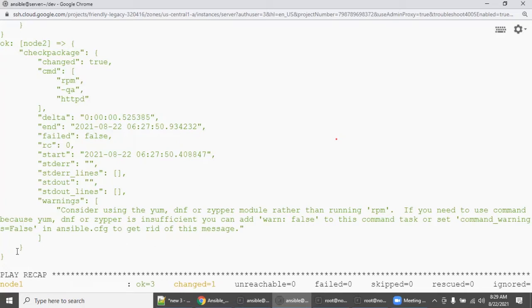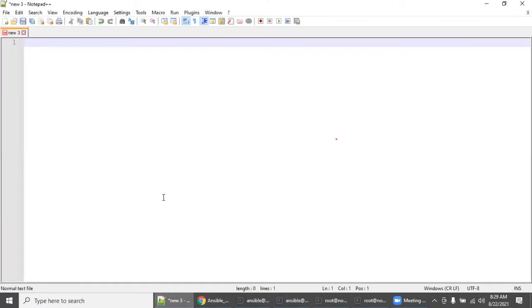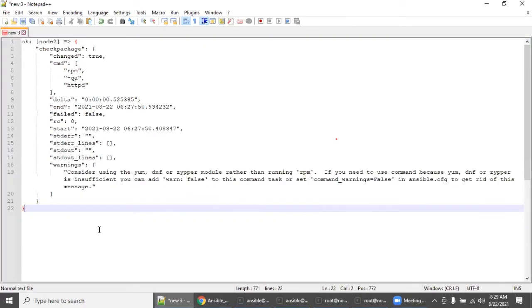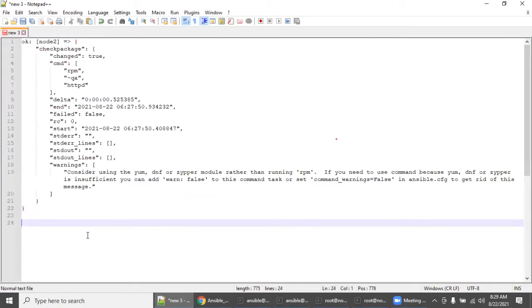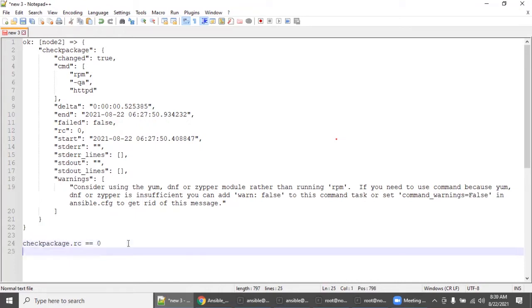So let's copy this for your better understanding. Open your empty notepad, put it here. I'm going to show you something very simple. So check_package.rc equal to 0, you cannot do this because both success and failure machines have the same scenario. You cannot choose similar rules.